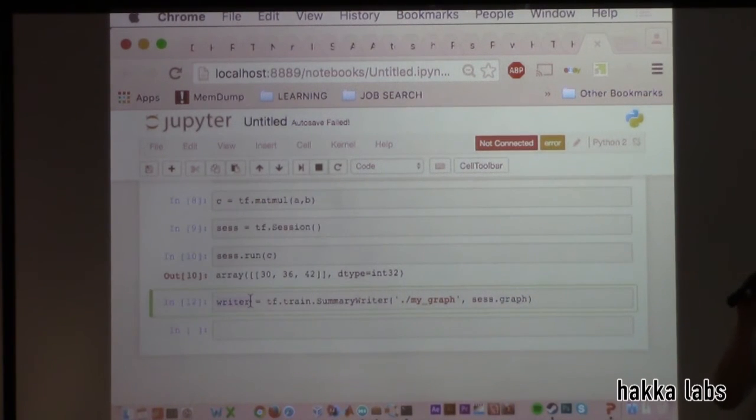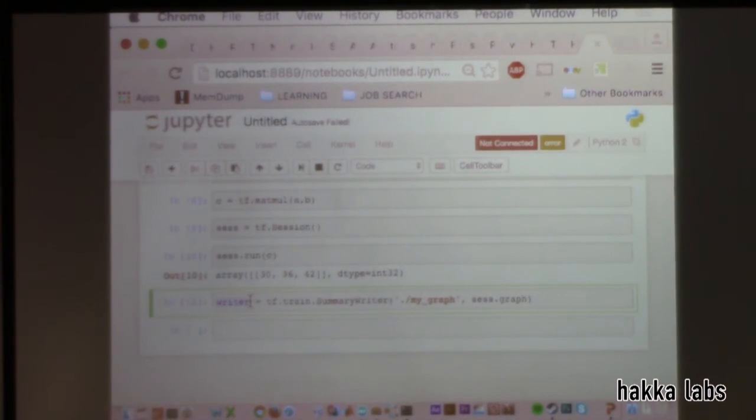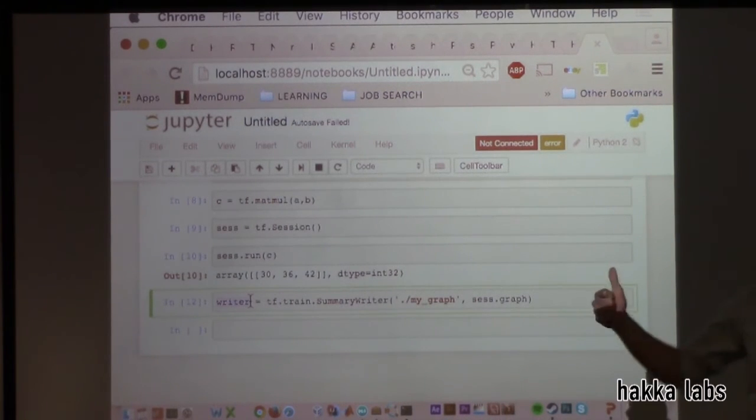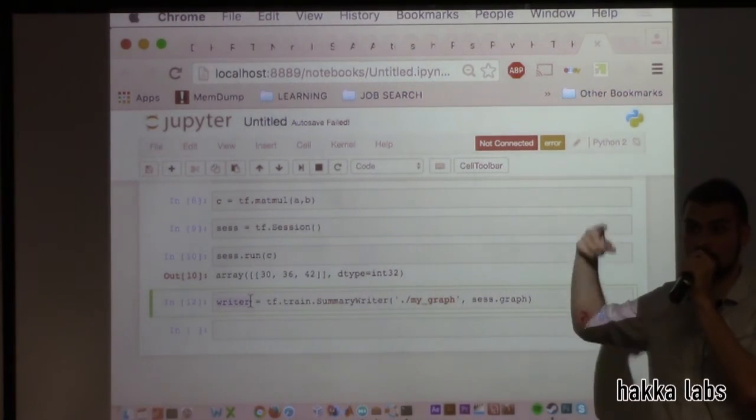of summary operations. If you go to the TensorFlow API and look up summary, you'll see histogram summaries and scalar summaries, and you pass those into the writer and say writer.add_summary, and put the scalar summary in there. You say, I want to keep track of this weight over time, like every 100 iterations.